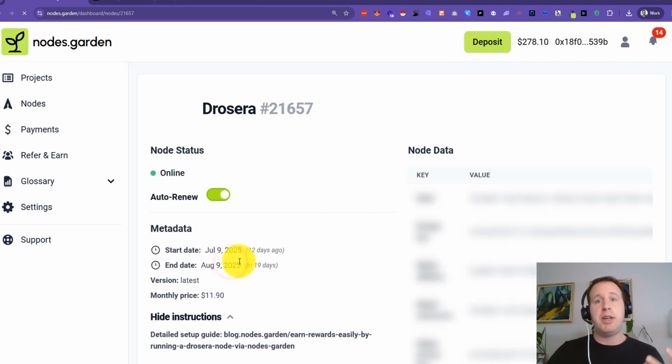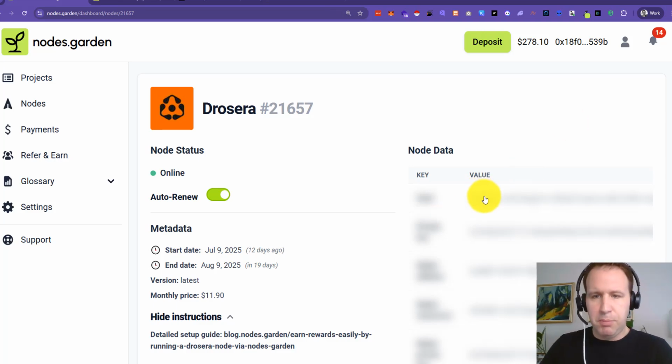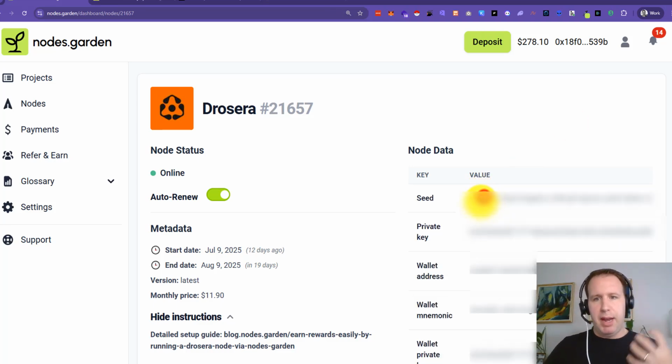I'm going to show you really quickly how to get this up and running. You can see that the node data is blurred out right now. We're very quickly going to create a new wallet with this data, and we're going to follow the instructions that are given right here. First thing I'm going to do is unblur this screen and copy my key phrase or